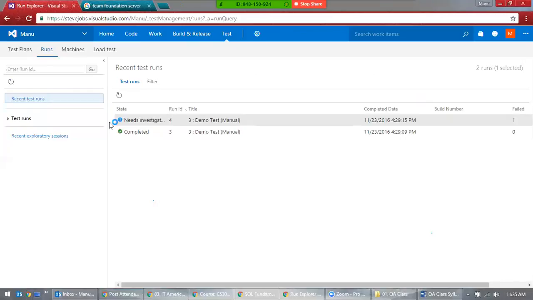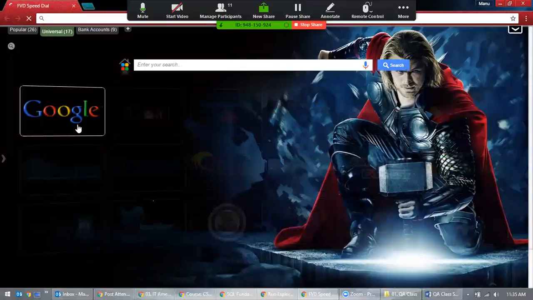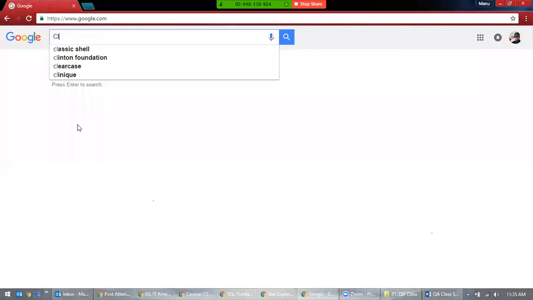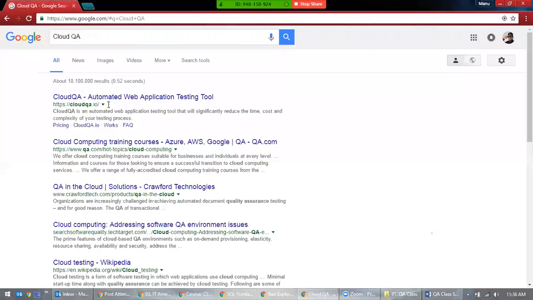Just like QTP, right? With QTP you need to install it to test an application. This is automated web application testing. So instead of installing QTP or Selenium or anything,